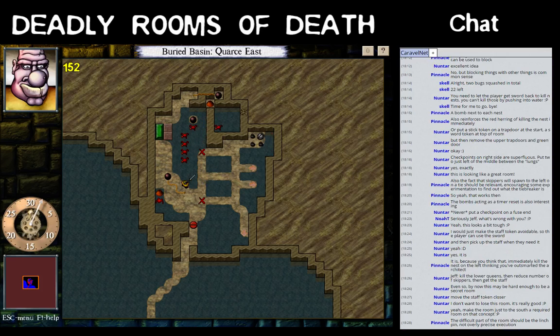Okay. The difficult part of the room should be the linchpin, not the precise manipulation. Yeah. Okay. The bomb doesn't have any point anymore though, does it? I mean, it quickly kills some skippers, but...